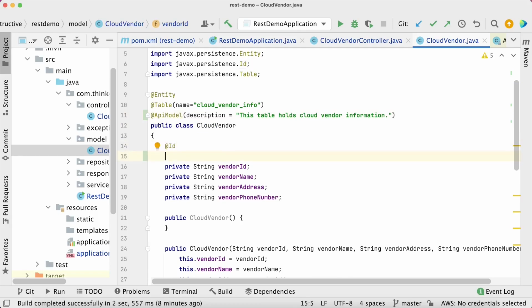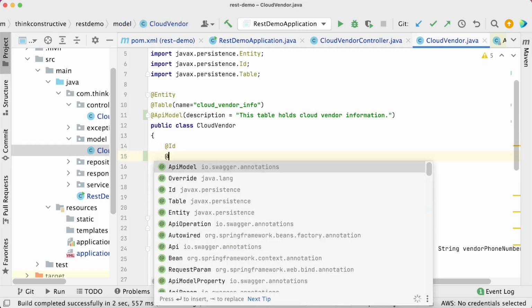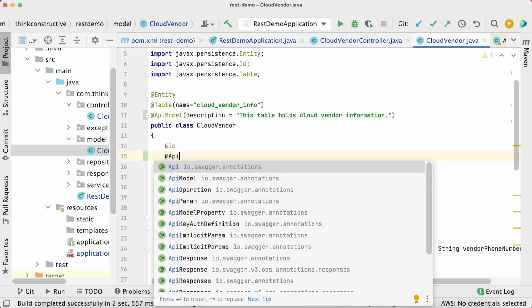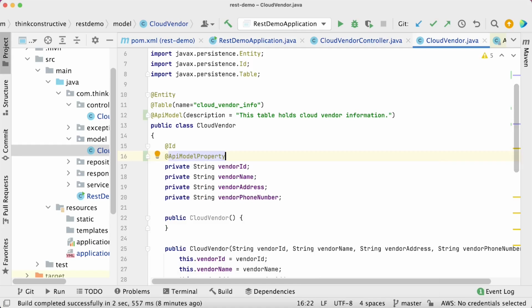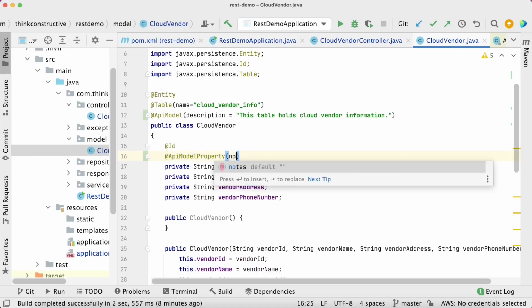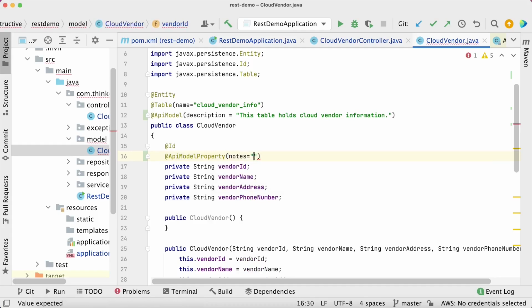At the properties level also, you have certain annotations with which you can define or detail out the stuffs. So I'll say API model property. Fine. Model level we have given, and now at the property level, we can just write inside notes. Let's say for vendor ID we are writing, this is a cloud vendor ID.